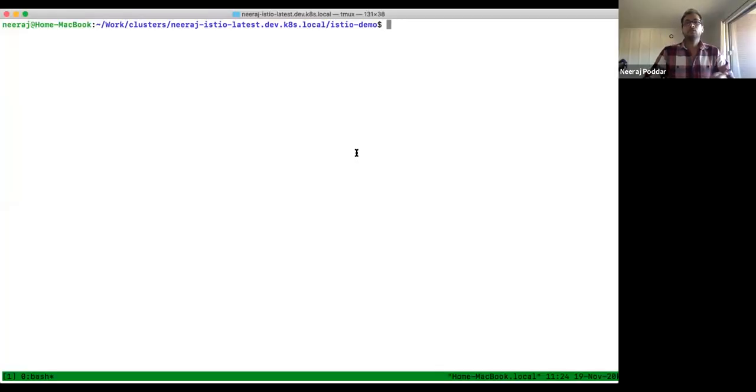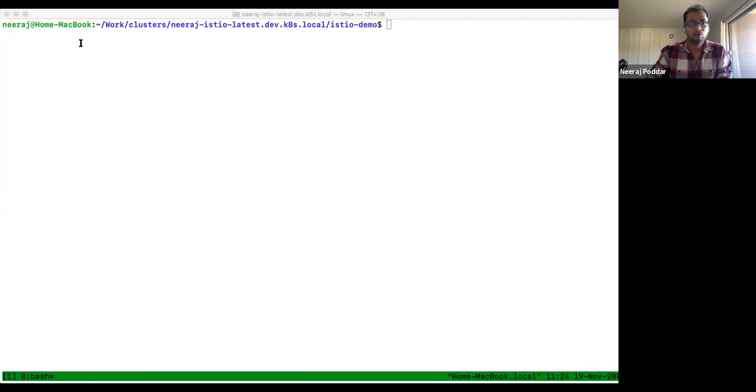Okay. So I'm going to be following the Helm guide that we have for 1.8 for installing and upgrading Istio. Just to make sure I have a high probability that my demo actually works, I have those commands in my bash script. So I'm going to copy them one by one.